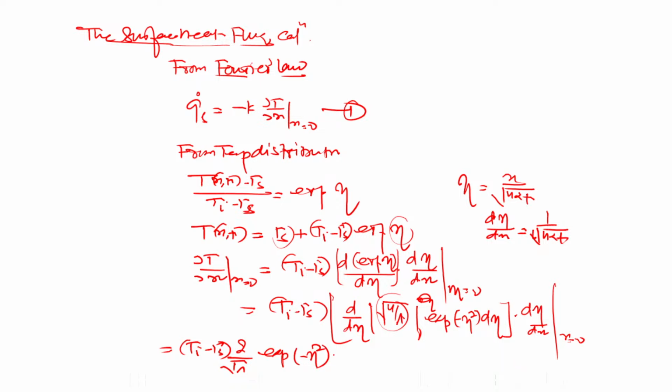So please multiply, so it's 1 by 2 root alpha t. So 2 cancels. And since we have to put eta equal to 0, the e power 0 is 1, the exponential 0 value is found to be 1. Then the temperature distribution del T upon del X at x equal to 0 is found to be Ti minus Ts